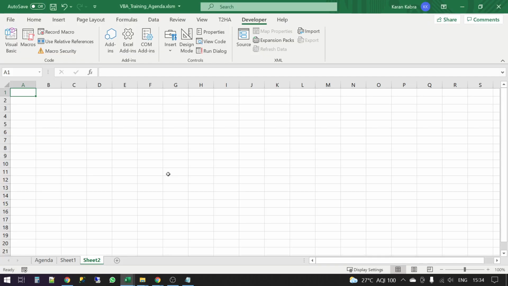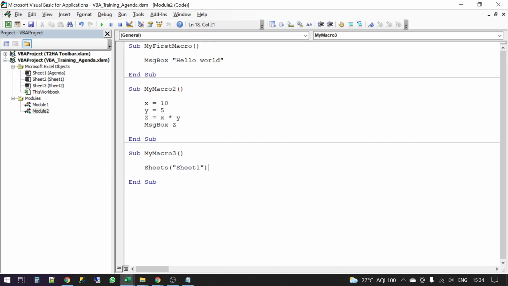Then obviously we'll spend more time on this, don't worry. Probably all your questions will get answered with a bit of time. Then let's say I want to reference within sheet 1 the cell B1. What you can do is dot range B1.